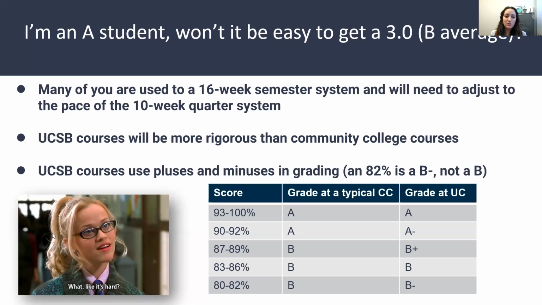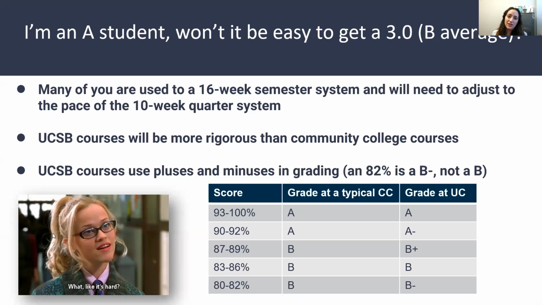So UCSB courses will be more rigorous than community college courses, and I also want to point out that they're 5 units, which is going to be more than your average 4-unit class, which is typically the average at UCSB. So it's going to require additional time and workload. And on top of that, we're also all adjusting to the remote work environment and the remote learning environment. So you don't want to overwhelm yourself by taking more than one prereq at a time, just because there's so much transition and change happening right now.